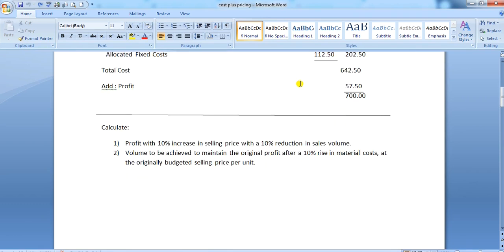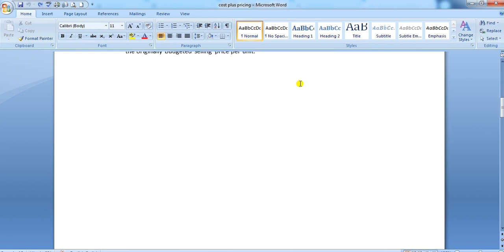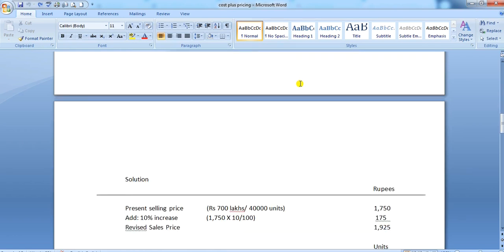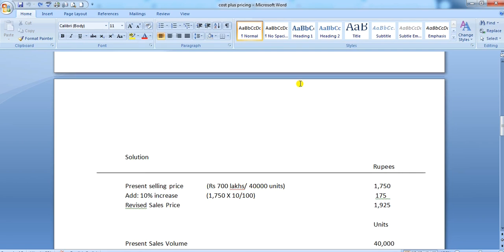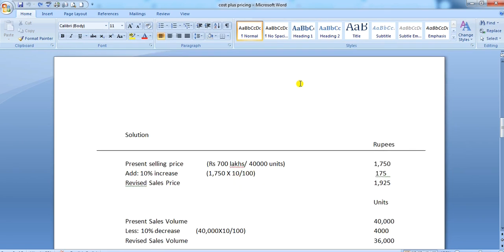So what is cost plus pricing? Cost plus pricing is a very simple topic, right? Where we are going to derive the selling price by adding a certain markup to the total cost. So what are the costs? Costs are the variable cost, fixed cost and the prime cost. All these costs will add up to the cost of the product. To that we will be adding the markup. When we add the markup to the cost of the product, we will get the selling price of the product. Okay, so this is the basics of cost plus pricing.